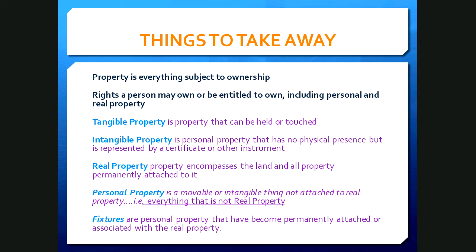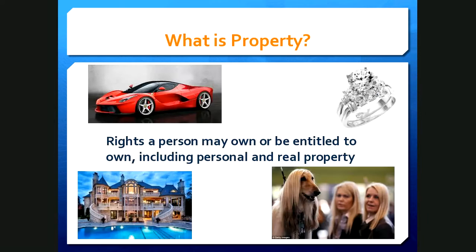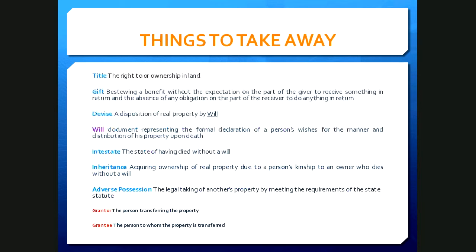So we learned in Part 1 what property was, that it's about the rights that we have in those items. That is what we own. We looked at the different characteristics of property and learned what fixtures were. In Part 2, we looked at acquiring ownership or title to real property and a couple of different ways to do that. Got introduced to a few terms, specifically grantor, grantee. Told you those are real important.